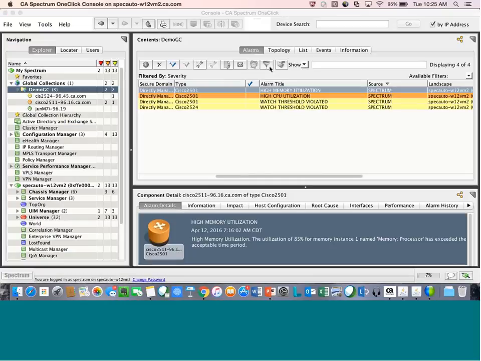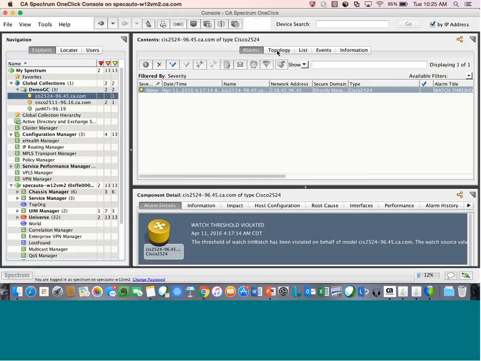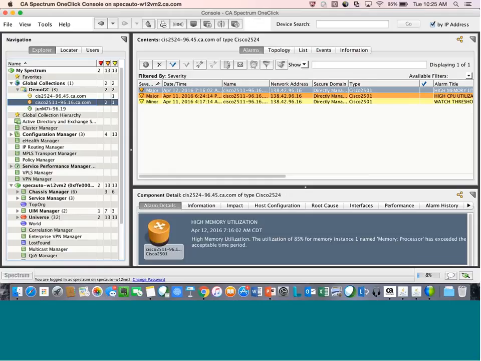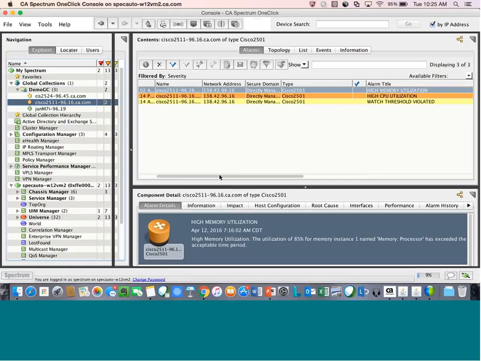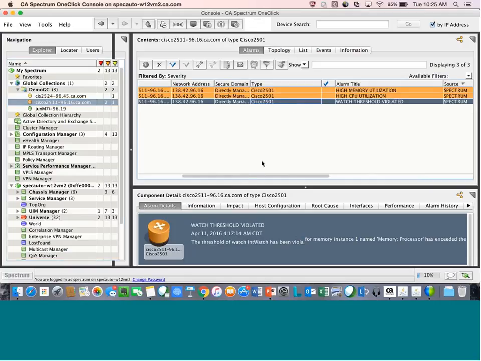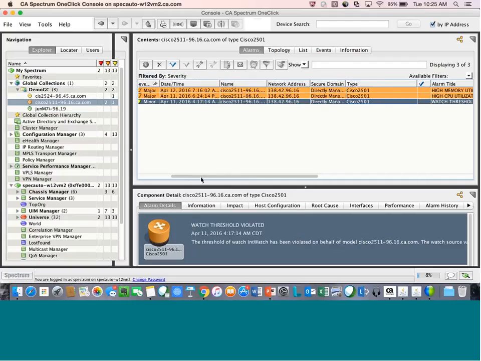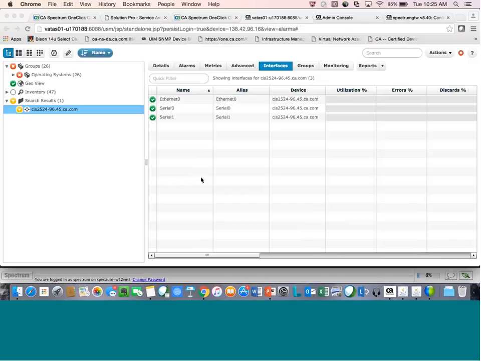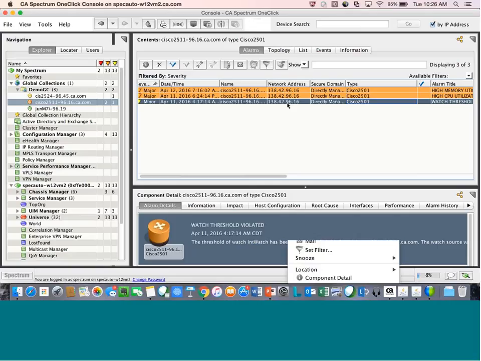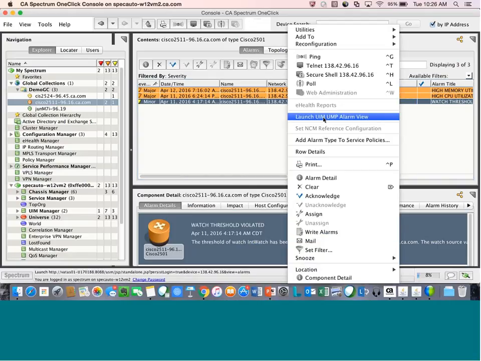The second thing I wanted to show is, if I look at this original device that I had in this collection, there are some thresholds here. And these are definitely Spectrum-based thresholds that you all know and love: high memory utilization, high CPU. Here's a Spectrum watch that's been configured within here. I can launch it directly from here, where I can right-click and launch directly into the UIM UMP alarm view.